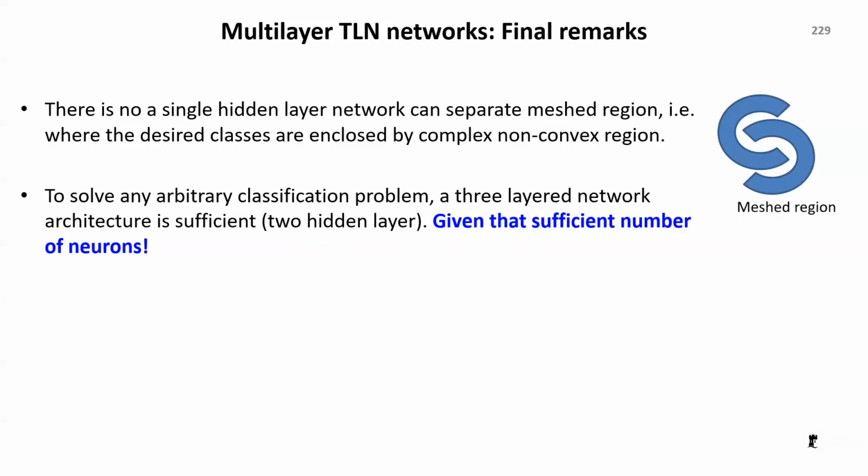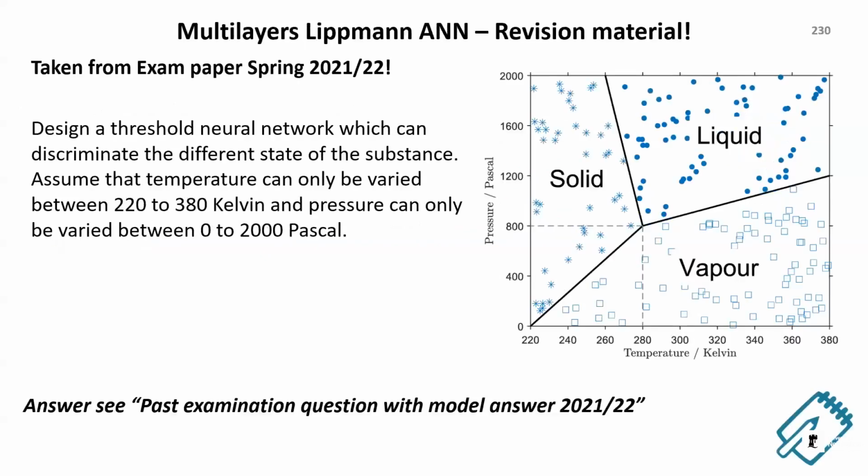So sometimes if I see coursework, why do you want to use 10 layers? That is overkill. This is the kind of problem using a Lippmann problem. I take this from the exam paper 2001, 2022. We will discuss this in the revision exam as well. But this is the kind of problem where you can use the Lippmann approach to solve a discrimination problem.